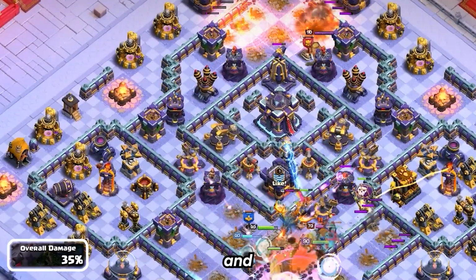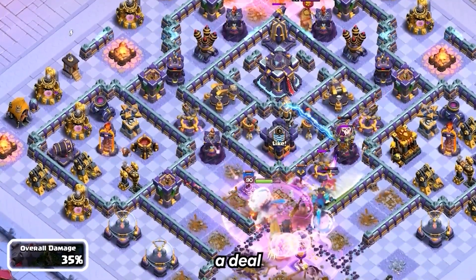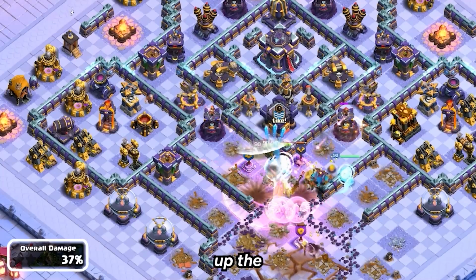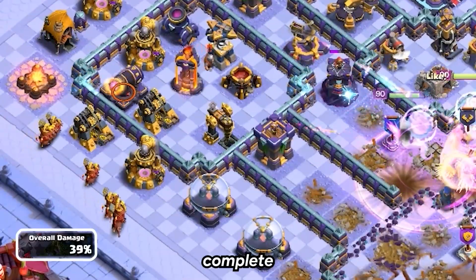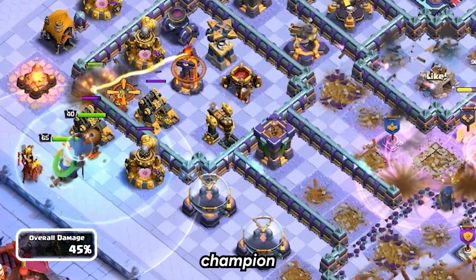Reach the queen and let her take the maximum possible value. Losing the queen isn't a deal breaker, but keeping her alive is beneficial for cleaning up the base in the later stage. Once the setup is complete, deploy all Super Hog Riders, the Warden, and the Royal Champion into the